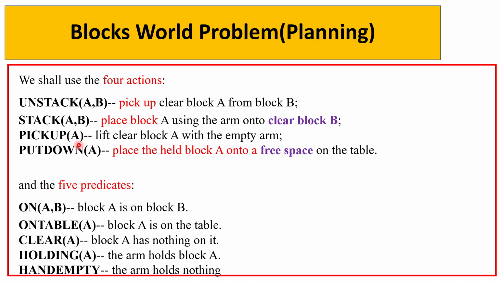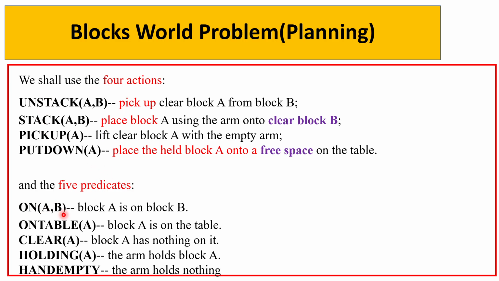Pick up A. What is pick up A? The A is placed on the top of the table, then lift the clear block A from the table with an empty arm. Put down means put that A on top of the table, not on another block. So unstack and stack mean the particular block is placed on another block. Then pick up and put down are for picking a block or putting a block on top of the table, not on any other block. These are the 4 actions we are performing in this blocks world problem,